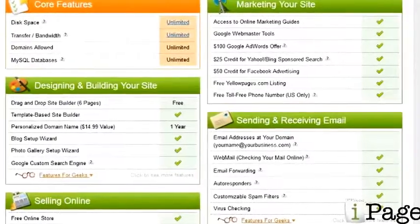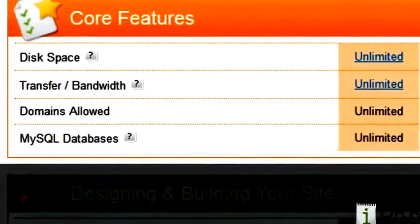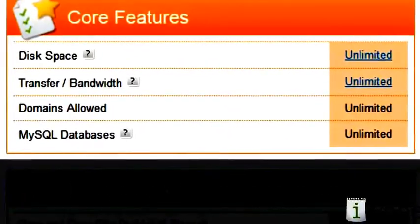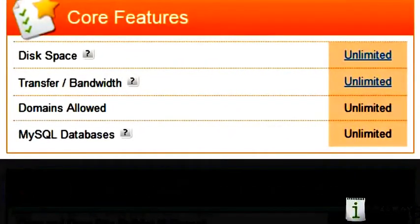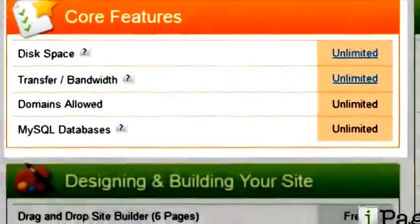The first thing I want to do is talk about iPage's features. You get unlimited disk space, unlimited bandwidth, and you can host as many websites as you want. Now, I'm sure most of you are aware of this, but there is no such thing as unlimited web hosting. If you look at iPage's terms of service, you'll see that it's not truly unlimited. If you use too many resources, they'll give you a warning and ask you to reduce your usage. And this isn't limited to just iPage, it applies to every company that offers unlimited web hosting. This won't be a problem for most people, but I just thought everyone should be aware of what unlimited hosting